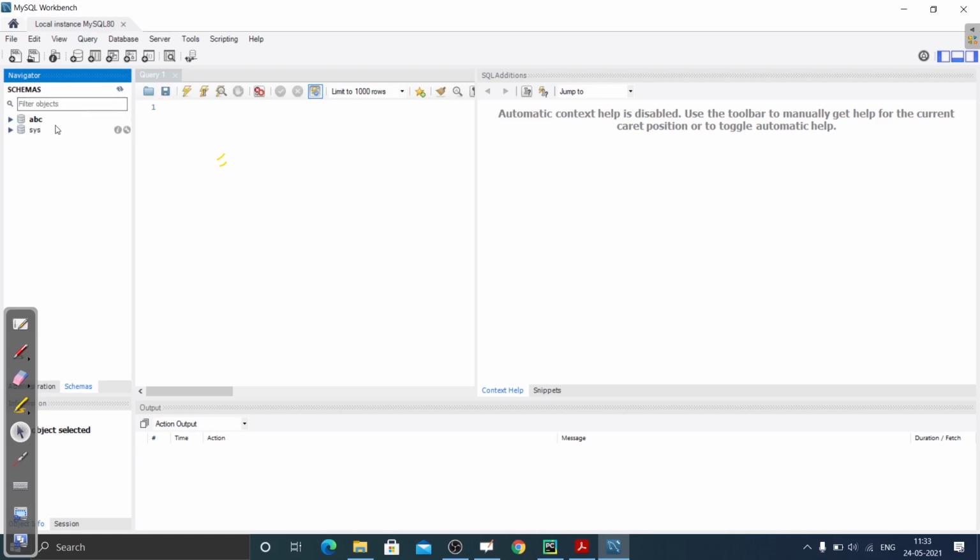Inside this database, ABC, we have one table, and the table name is employee. Rows and columns are arranged like that. These are rows, this is columns, foreign keys, triggers. If you are familiar with the concept of database management systems, then you won't face any problem.